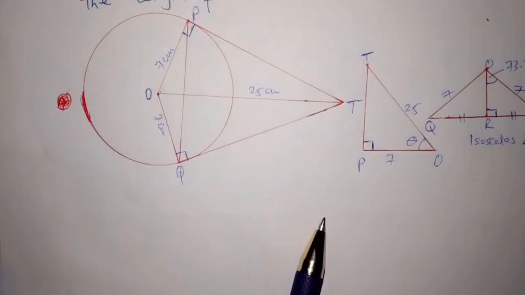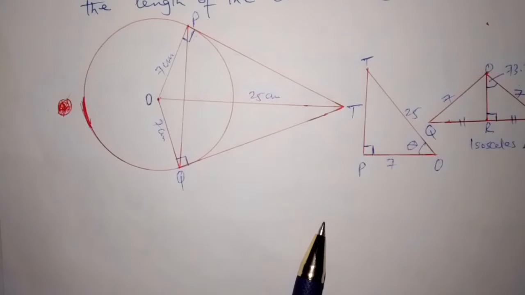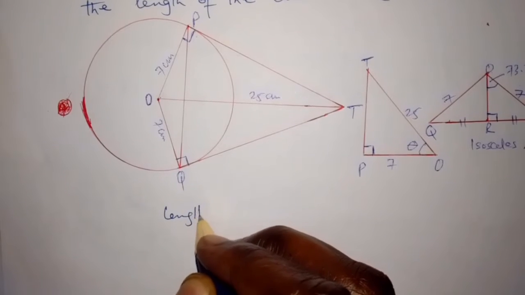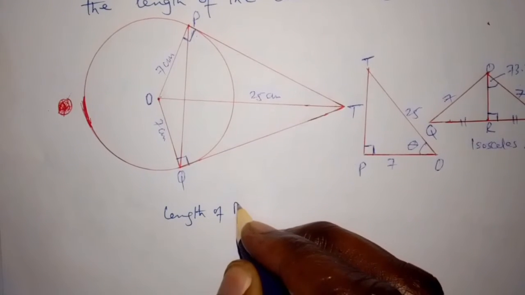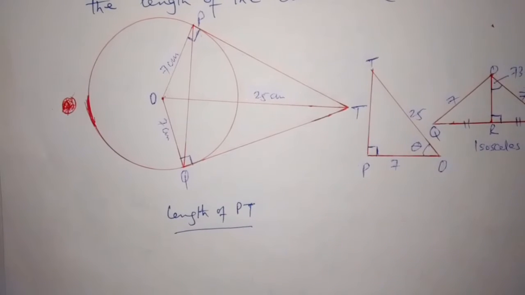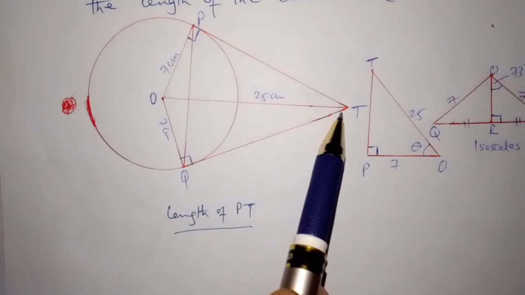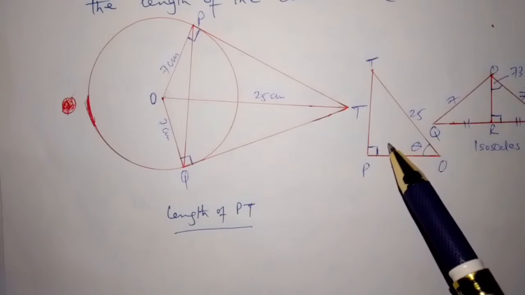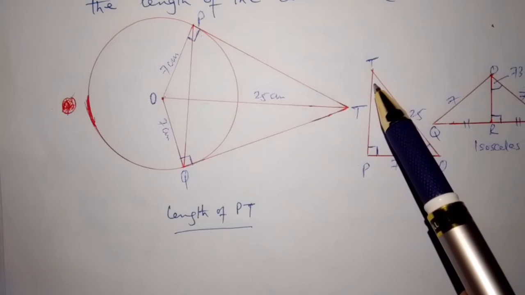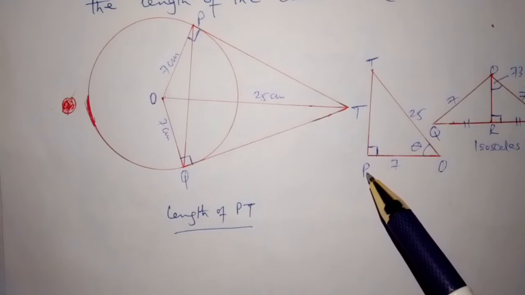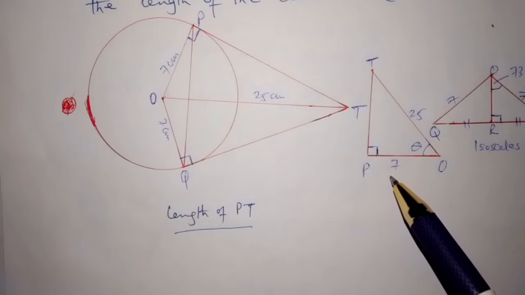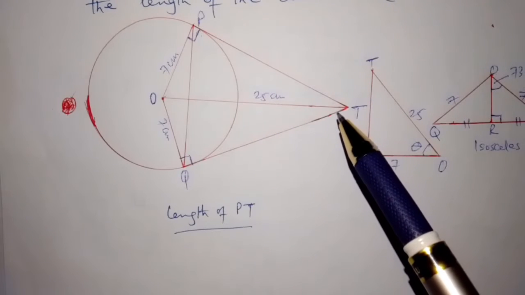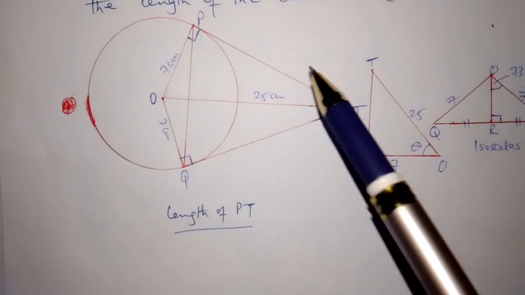First of all, we want to find the length of PT. We can draw this diagram separately. We want to find the length of PT, so we are going to use Pythagoras theorem to find it. And from here, you can realize that